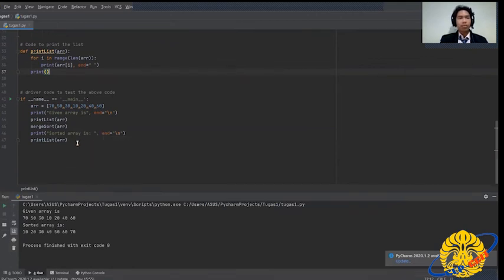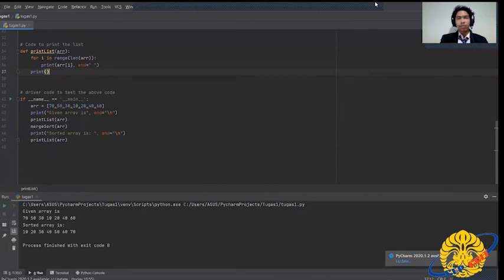We will print the string "Given array is," with a new line, and then we will print the array that is given by the user. Then we will execute the functions merge_sort(array) and print_list(array). After these two functions are executed, next we will print the sorted array.